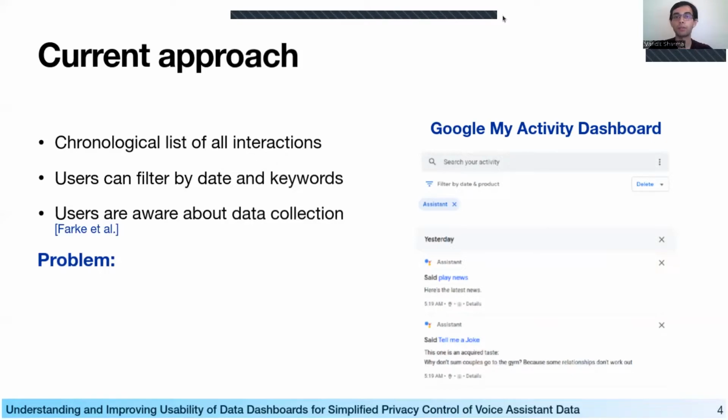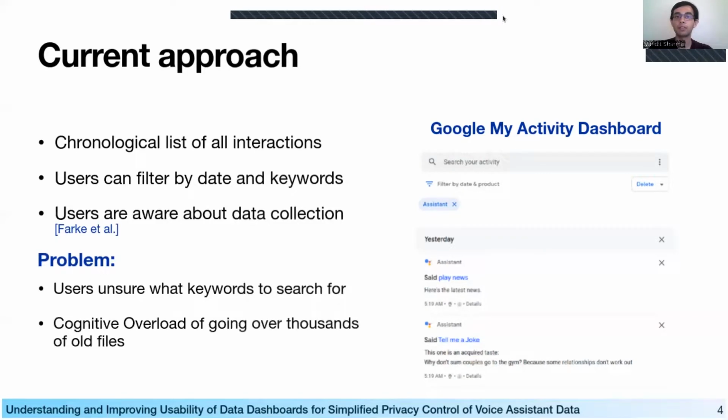Firstly, it is hard for users to search for potentially sensitive data based on keywords, as they might not know what exactly to search for. The second issue is that individually going over each collected data element causes a huge cognitive overload, making it practically infeasible for users to effectively manage the privacy of large amounts of collected data.